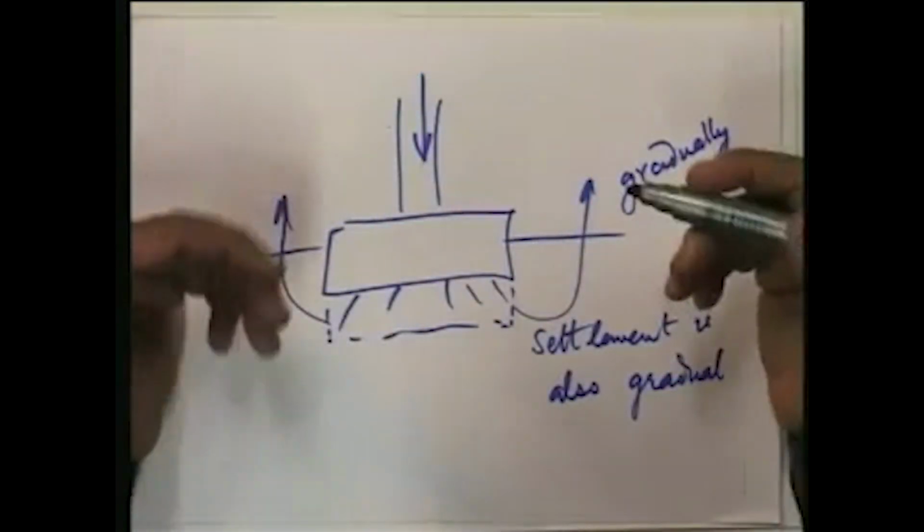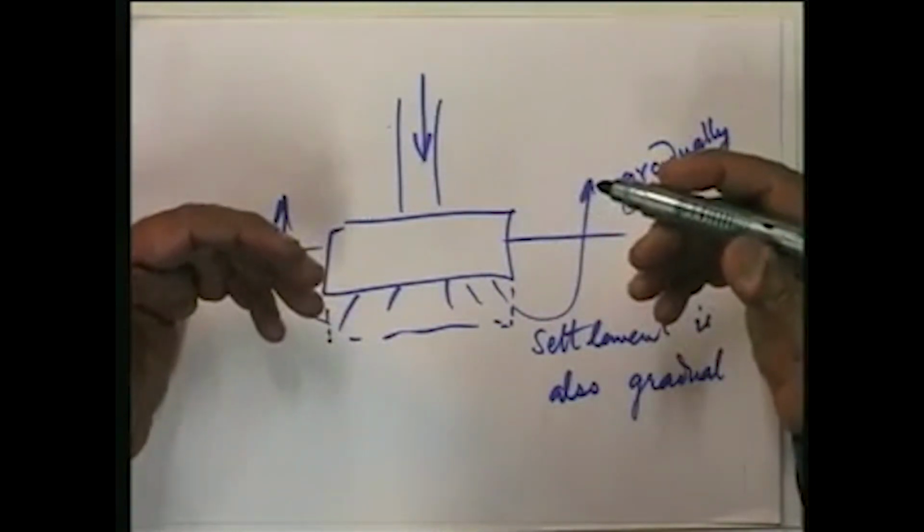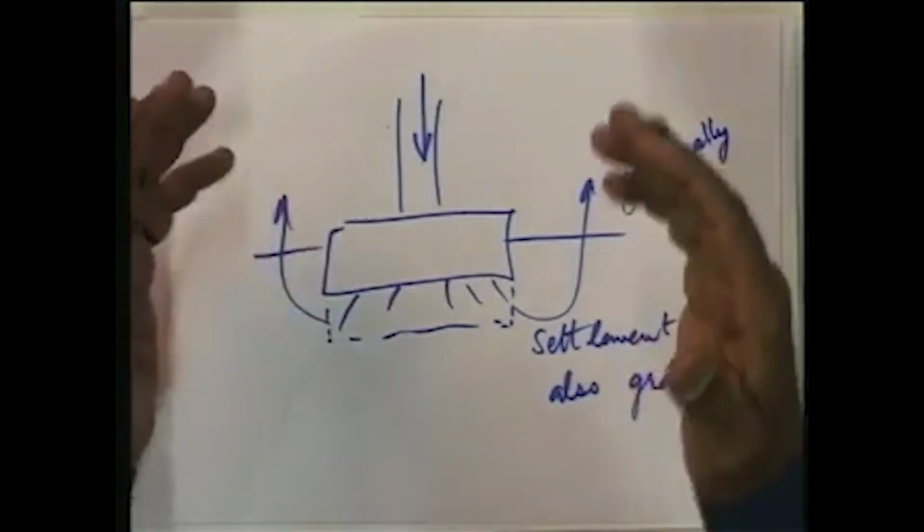But in practice, it is not the total settlement alone which is important. We also want to know at what rate this settlement takes place. Suppose we are in a position to compute the total settlement and we find that the total settlement is, let us say, 6 centimeters. Well, that alone is not sufficient, because we would like to know in practice, for a given building, for a given load, these 6 centimeters will take place over what period of time. Suppose it is 10 years, then this building is going to undergo deformation for a period of over 10 years, and the settlement is very gradual, and probably the building will be able to withstand this gradual settlement, adjust to